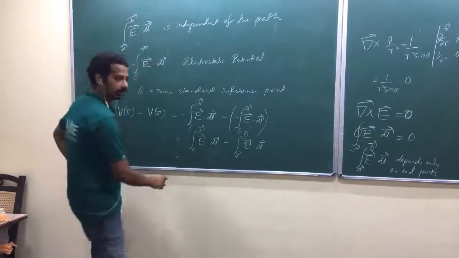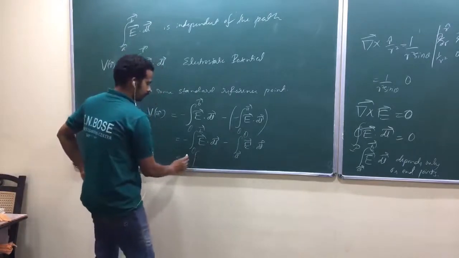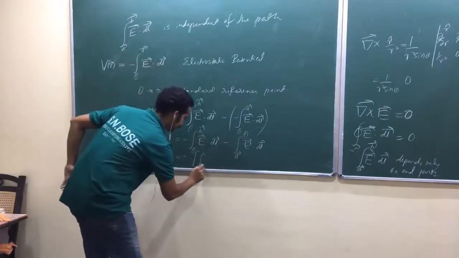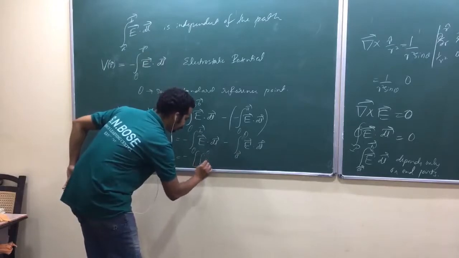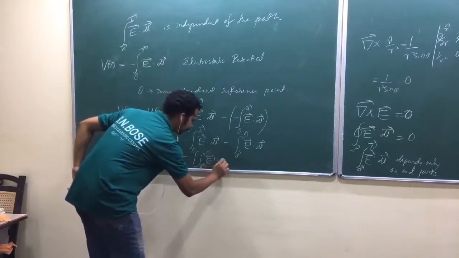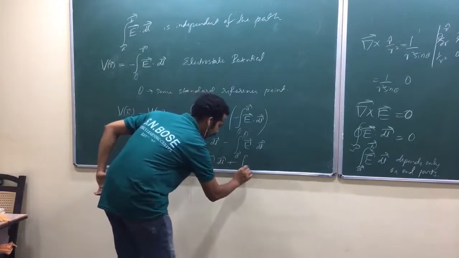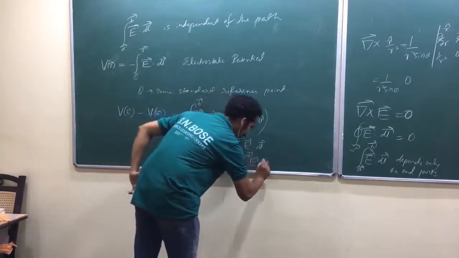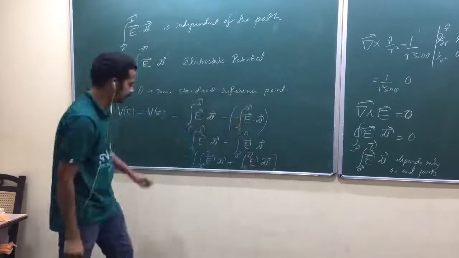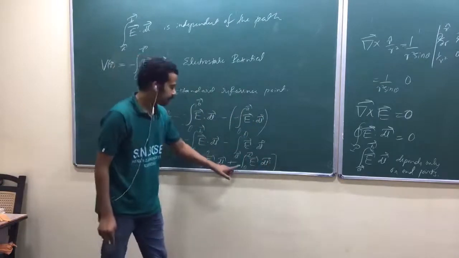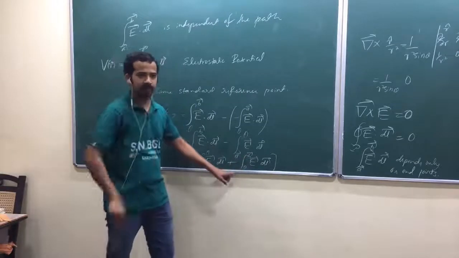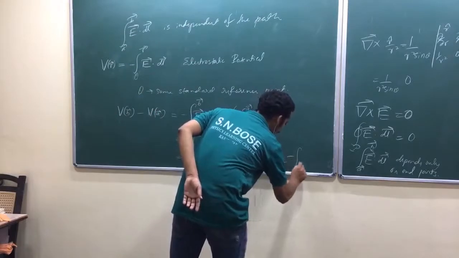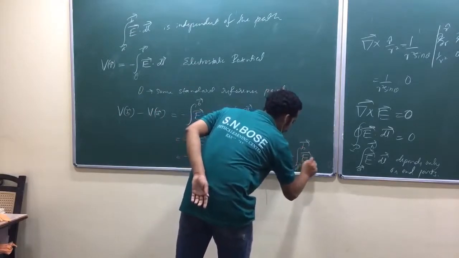Now I'll take the negative sign outside. A to O, O to B. I'm going to write this one first, then this one: A to O E bar dot dl bar plus O to B E bar dot dl bar. Am I right? Look at here. You are going from A to that reference point, and from that reference point to B. The net integral you can write as integral A to B E bar dot dl bar.